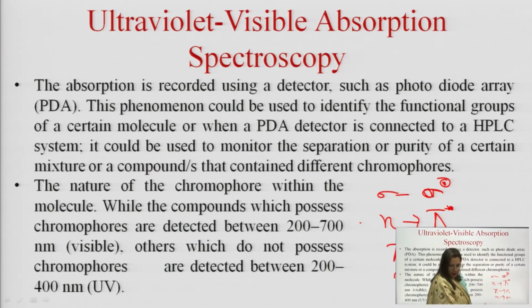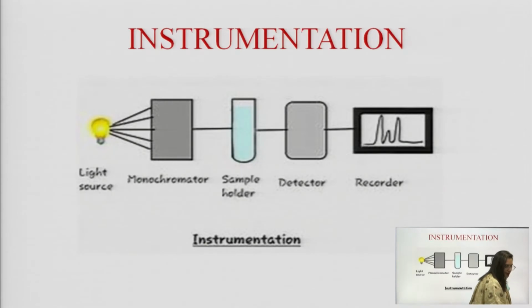to sigma star. These are the various transitions of the valence electrons. So, here is the schematic diagram or the instrumentation of